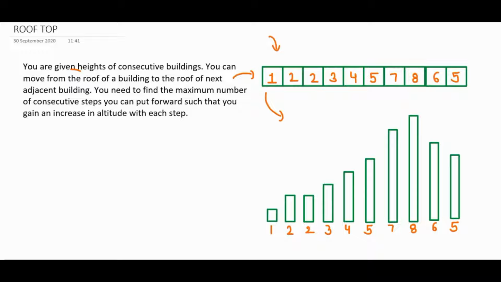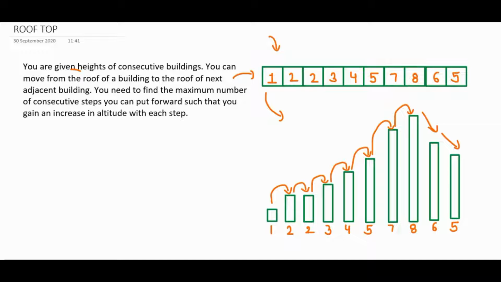Now let's see this diagram and understand this question better. We have to see how many increases in altitude there are. There is one increase in altitude from 1 to 2, then there is no increase, then there is again an increase in altitude consecutively. Here we go, then here, then there is a decrease. So what we have to do is find the maximum number of consecutive increases in altitude. This is just a simple question where we have to find the maximum consecutive increase in altitudes. So how can we do that?